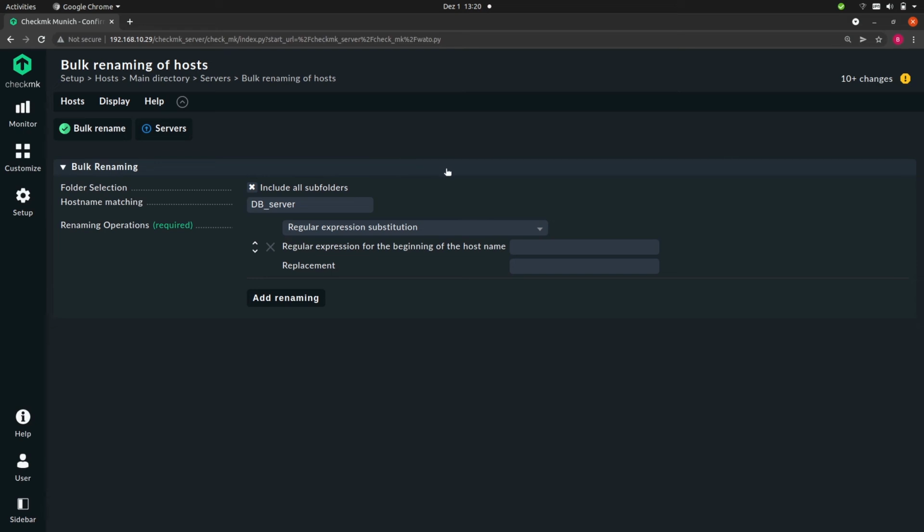This one is a bit more complex, but I will show you a good example of what you can do with it. Instead of naming our hosts uppercase DB_SERVER followed by a number, I want to name them db-number-server, all lowercase.